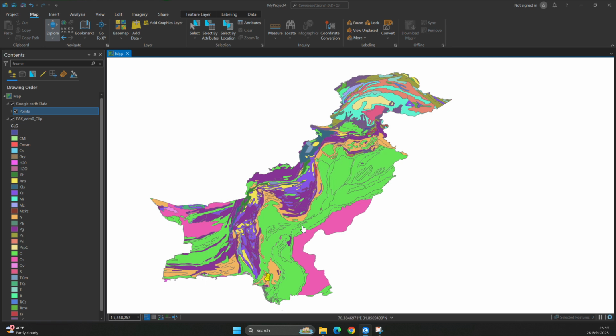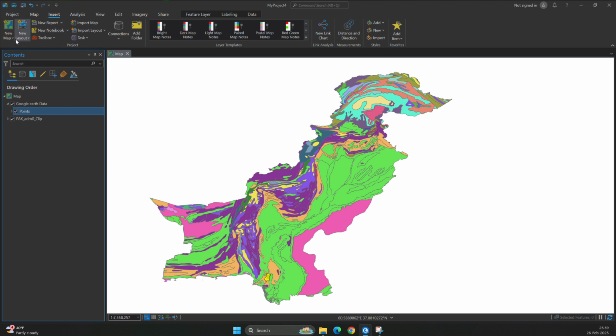So now in this video we will extract this province and create a separate map of this geological formation, and also represent this area. So first I open a new tab. You can go to Insert and New Map Layout, so it will create a new map, and I will